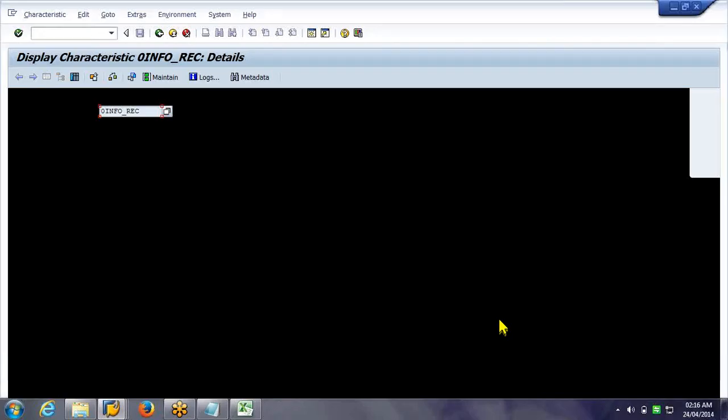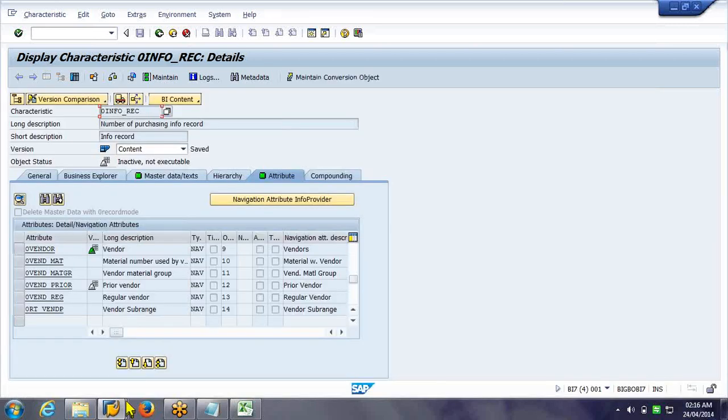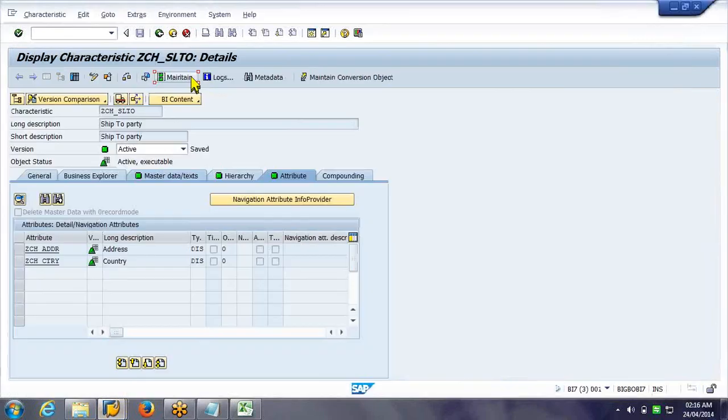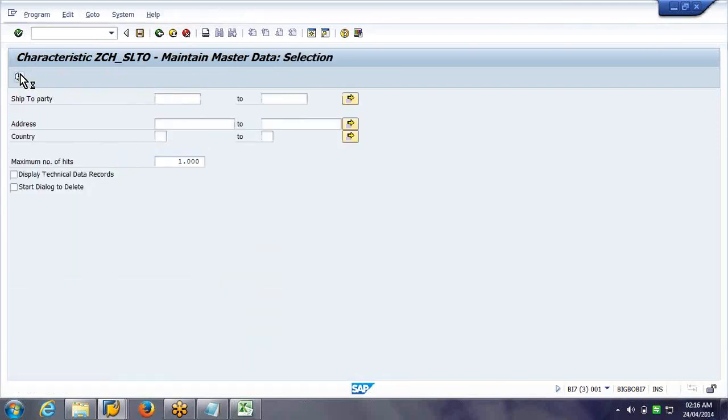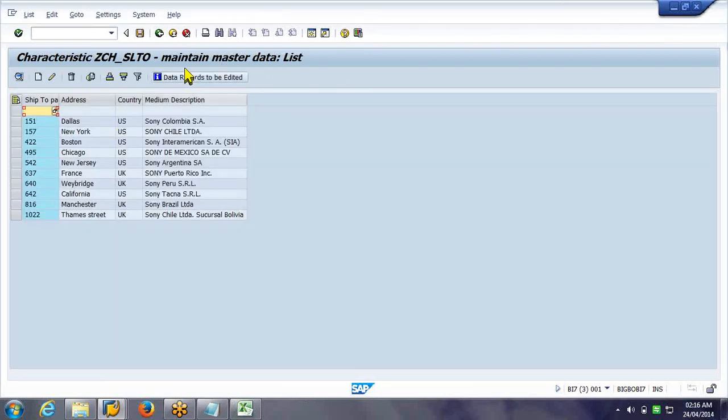So let us see that in the maintain screen for ship to party. Let us click on that. These entries, we have already loaded the data, so it should reflect over here.